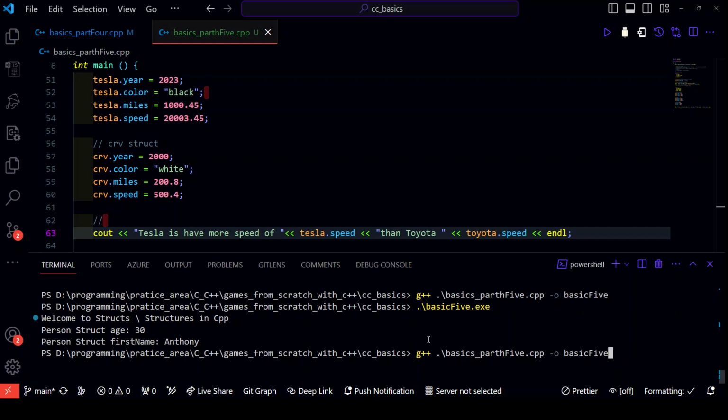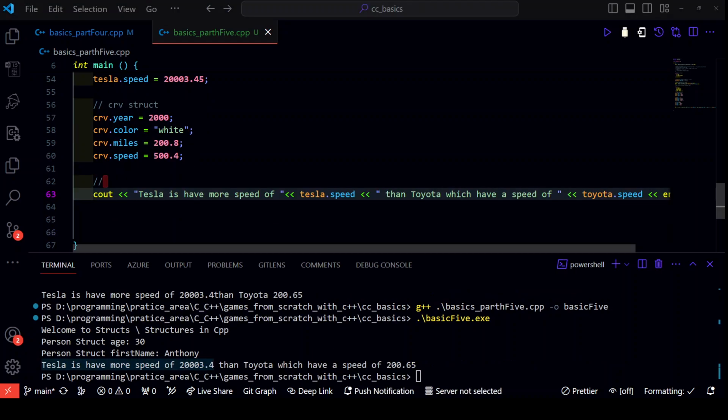So we are saying Tesla has more speed. Then we get the Tesla speed. Then we said Toyota, which has a speed of what? Then we get the Toyota speed. So this is how we can access, print out the value, and compare two different variable structs. Okay, so let's go to our next